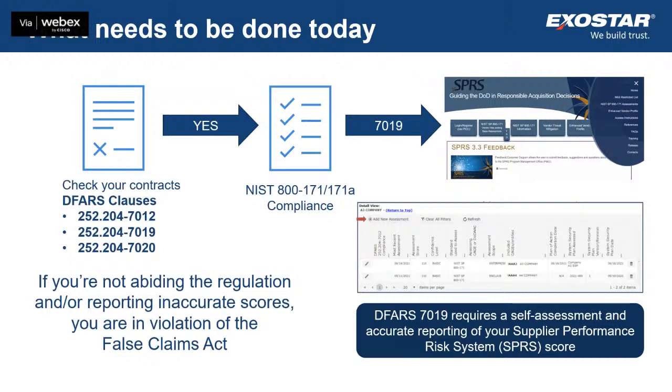7019 then guides you through doing a self-assessment that provides you a numerical score, which you then enter into the SPRS system. That's the current state, if you will, of where folks are today. So 7019 has you go through each of those 110 controls of NIST 800-171, say whether or not you've implemented them,